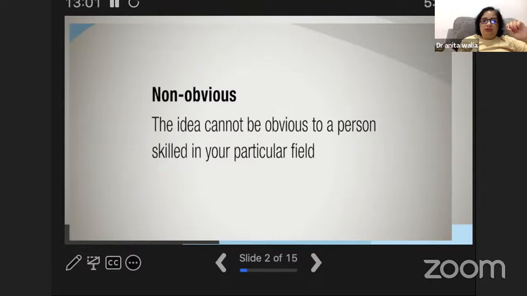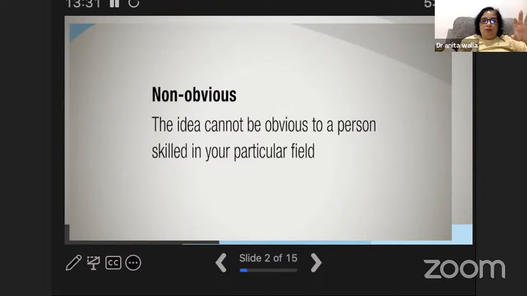So the patent examiner may issue a rejection based on the fact that this invention is obvious because this is already done, this is already there, but what you are doing is, instead of using 4 arms, you are using only 3 picker arms, or you're doing it with a lesser number of arms and a different kind of process. So the process may be different, but the idea is the same: to pick up the ball without bending.